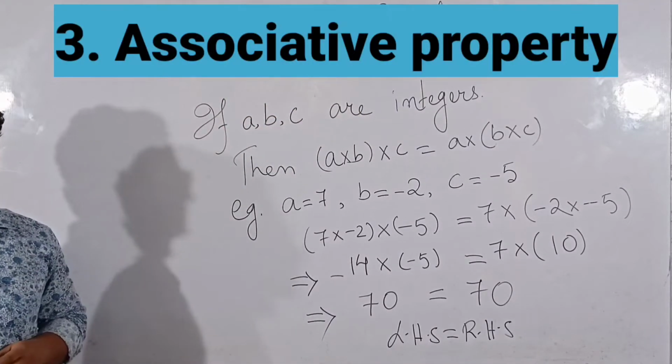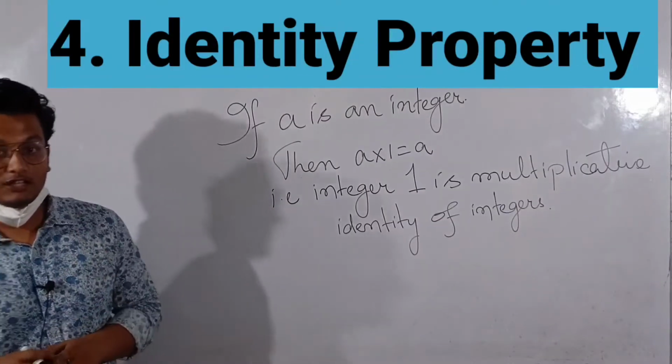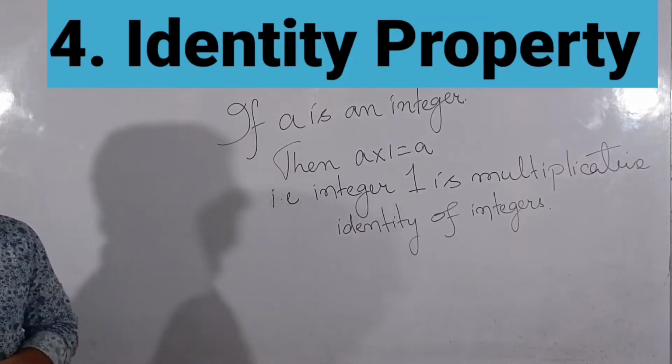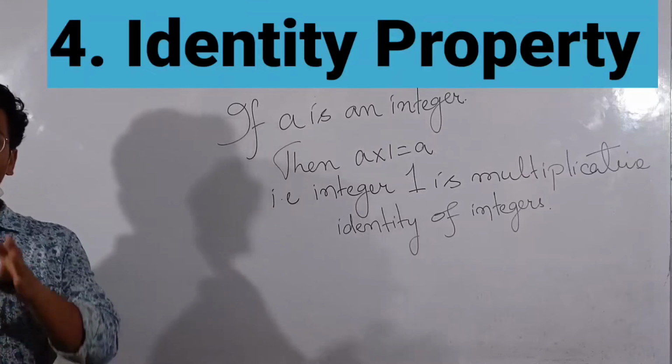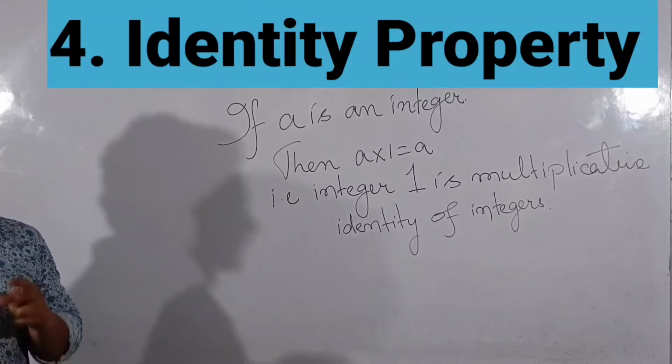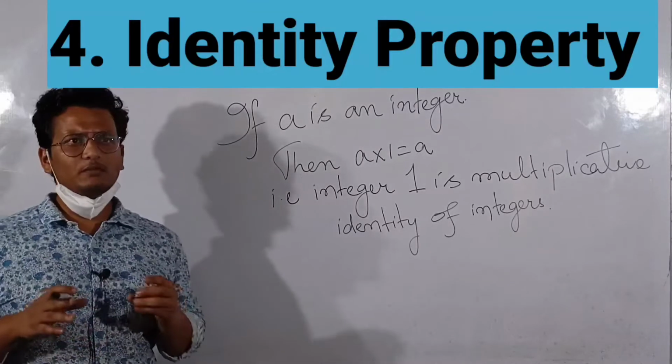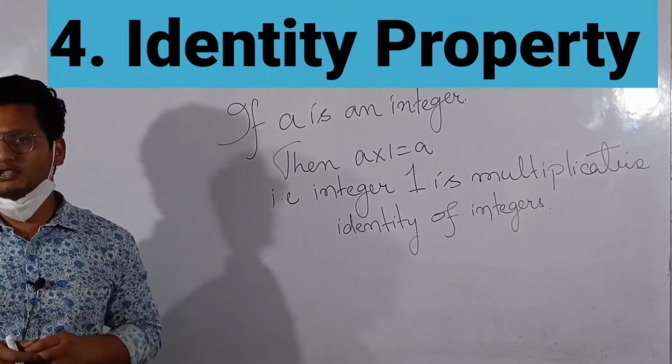Now students, the next property is the identity property. It is a very easy property and I know all of you know about this. Now students, tell me, which is the most favorite into table of students? It is the